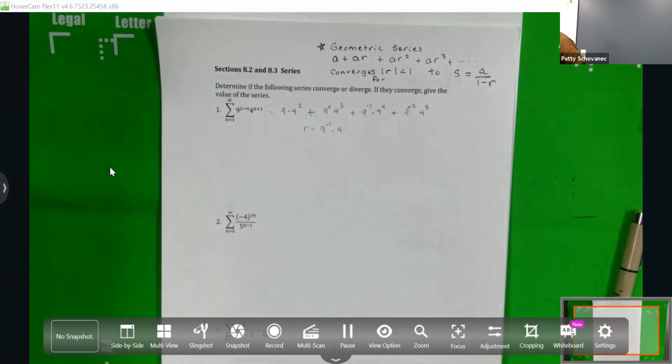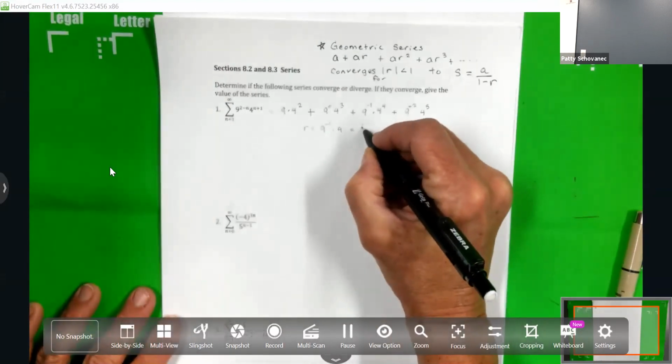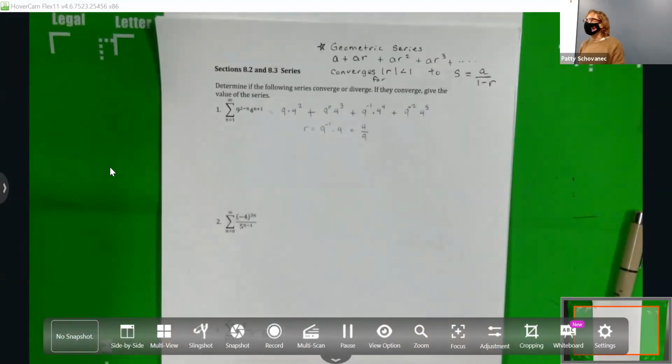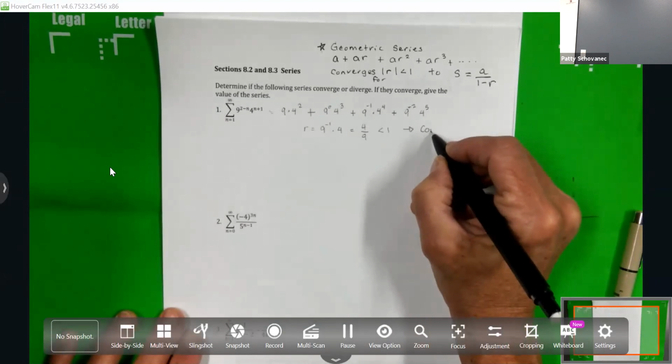You can always find the multiplier by taking any 2 adjacent terms and take the term on the right and divide it by the term on the left. And that'll simplify to the multiplier R. If I rewrite the 9 to the negative 1 as 9 in the denominator, then we see that that fraction is indeed smaller than 1. So this particular geometric series converges,